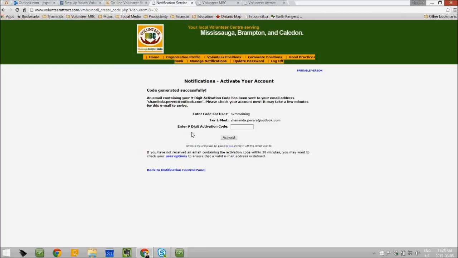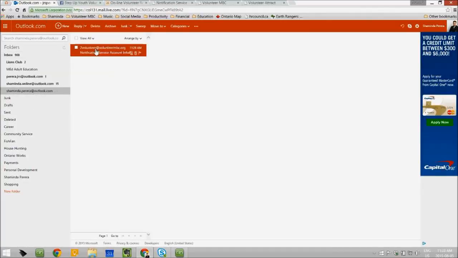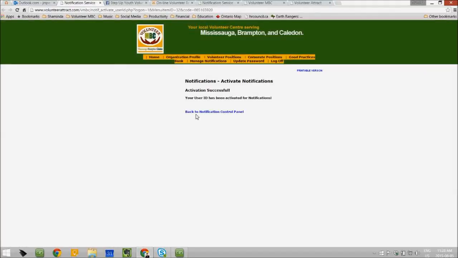You could either quote the 9-digit activation code, or go to the email and either put this code or click on the link, and you will receive your confirmation saying the notification service has been activated.